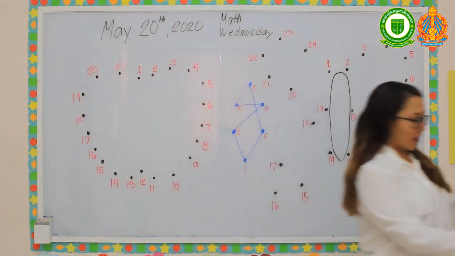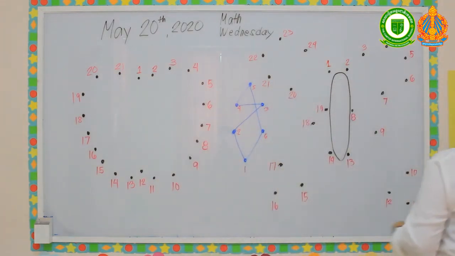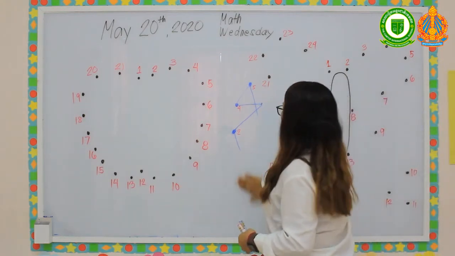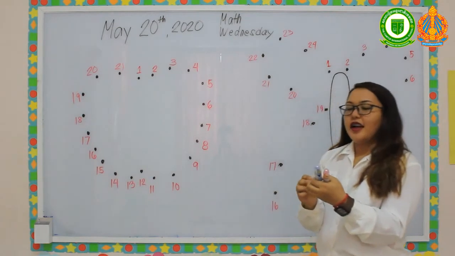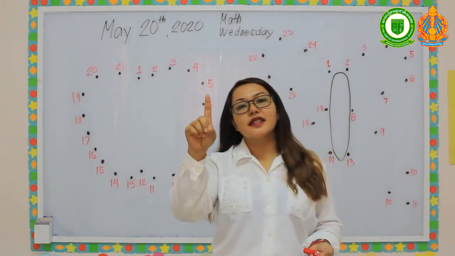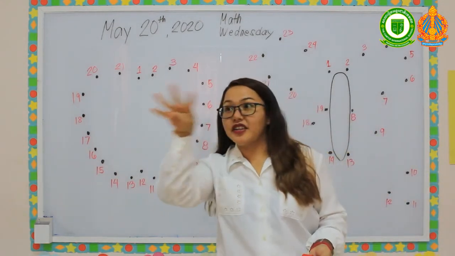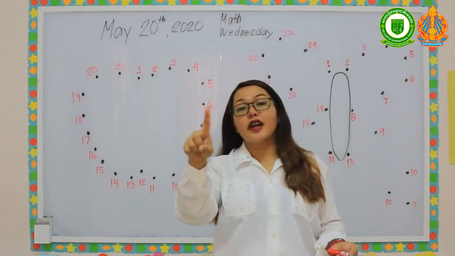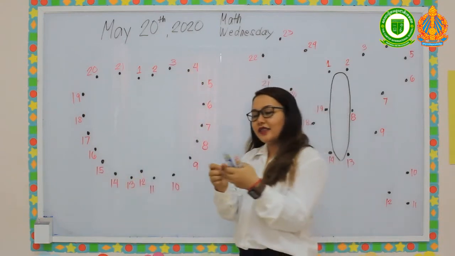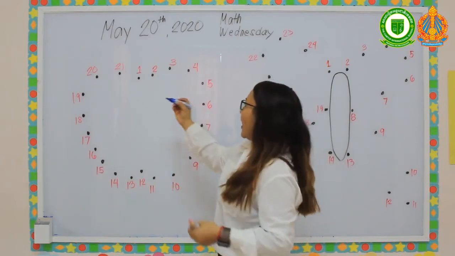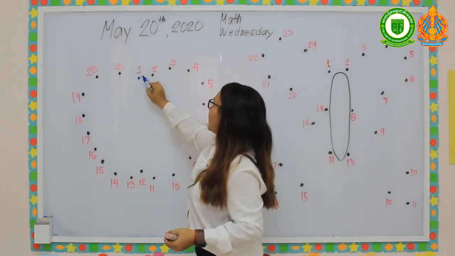Let's try this picture. What do you think is this picture? Okay, let's try. So just use your finger, not fingers. Okay, just use one finger to connect the dots, okay? Alright, so help me out. Let's do it. Okay, 1, 2,